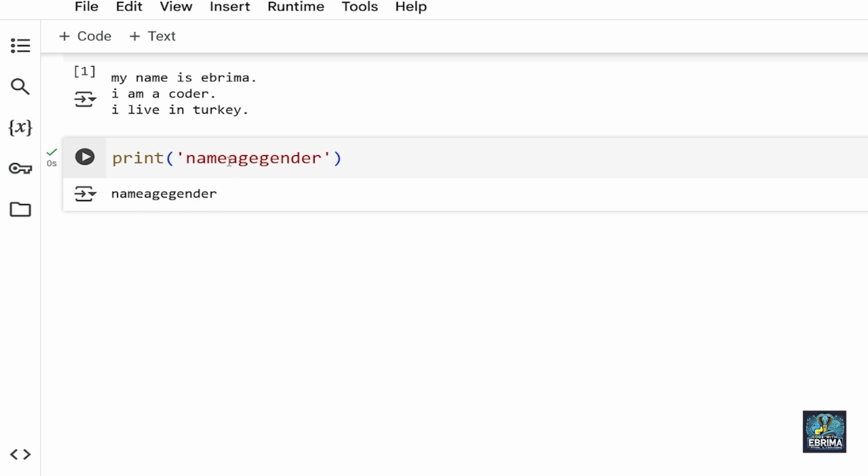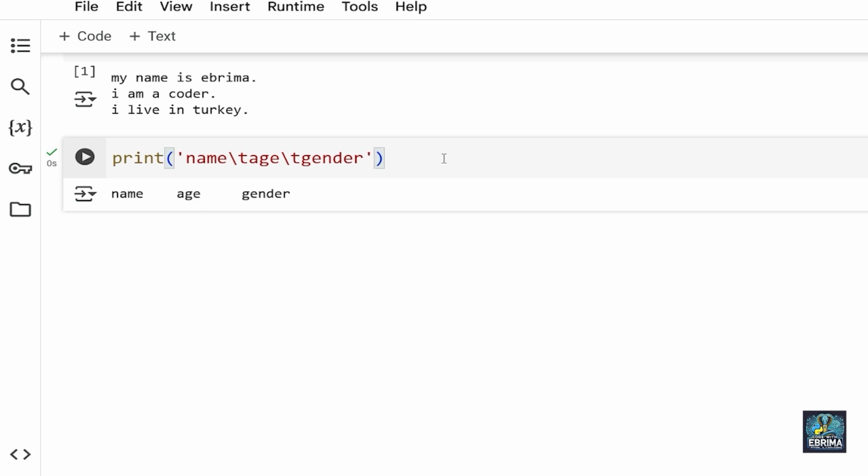So what I'm going to do is after the name here, I'm just going to put a \t. Now if I load it, you will see there's a space between name and age. Now I'll come also from age to gender to separate it. Again, I'm just going to do a \t there. Now if I load it, you can see it here, name, age, and gender.